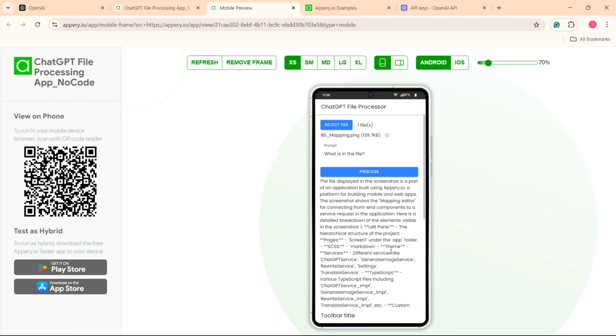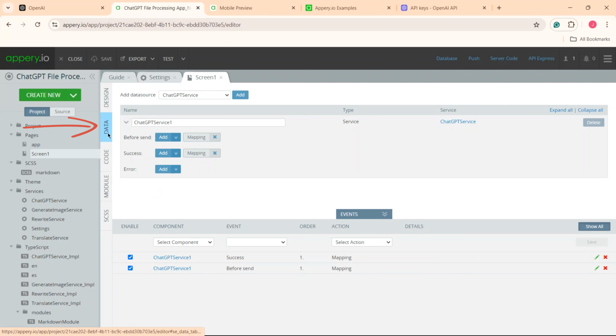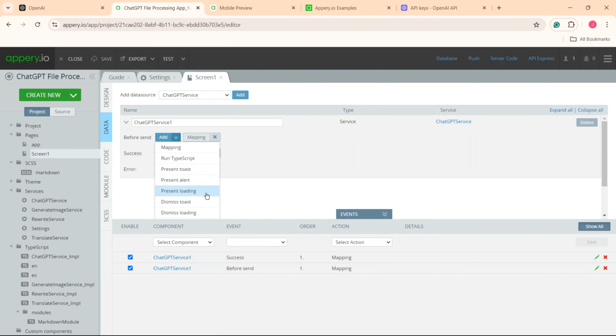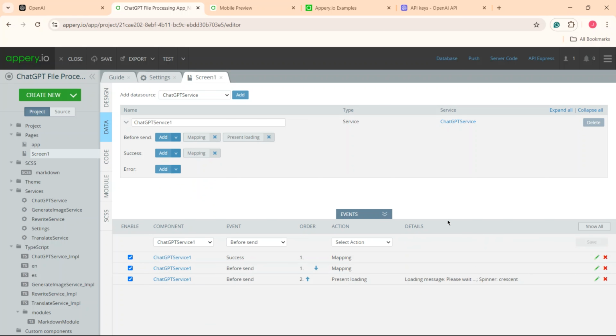Since the response is not immediate, I want to see a loading indicator while the request is being processed and hide it once the request is completed. So let's go back to the editor, and in the Data tab, click the Add Arrow button next to the Before Send mapping, and from the drop-down, select the Present Loading action. Click Save. Similarly, let's add the Dismiss Loading action to the Success event